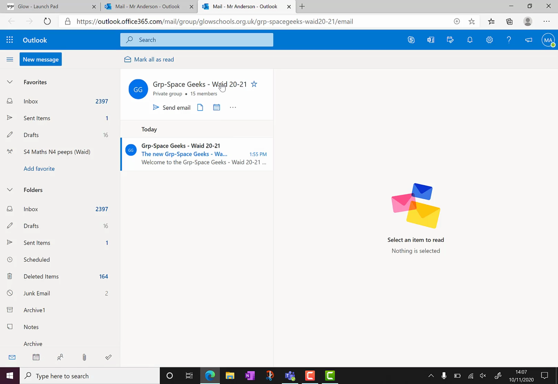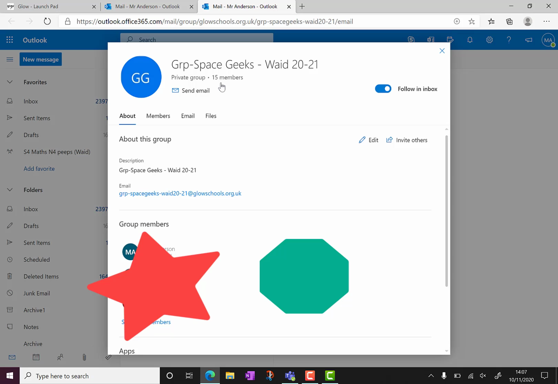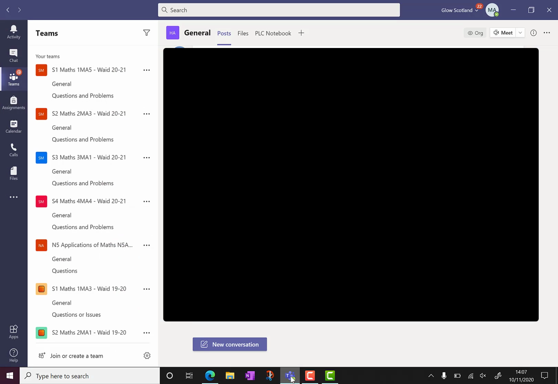Okay, again, whole load of information there. Click on the name of the group. Okay, so it'll start with group, and it'll give you your class name that you made earlier. What you want to do is take the email address for this. So further down the page, it gives us the email address, and there's a wee bit at the side that we can copy it. So once we've done that, we're going to go into Teams, and we're going to try